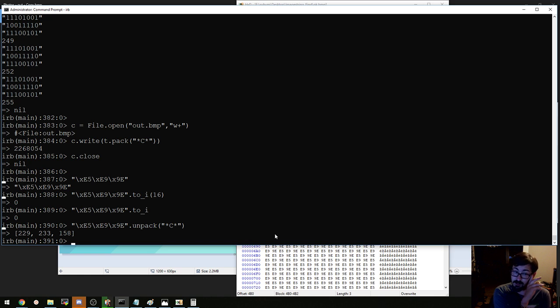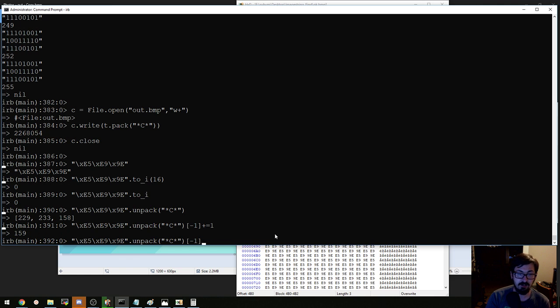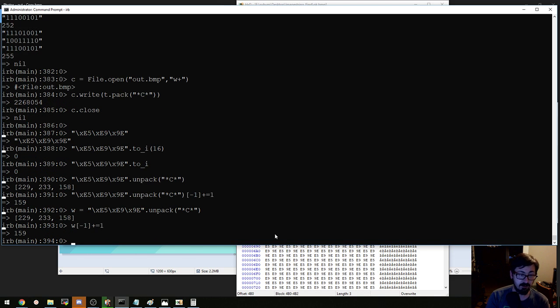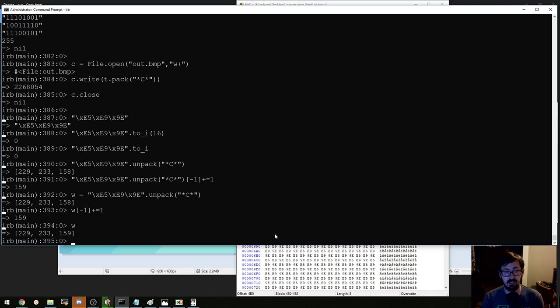There you go. So here's the characters, 229, 233, 158, and we're changing 158 to 159. So let's go W equals W -1 plus equal 1. So now we have that, and if we pack that,